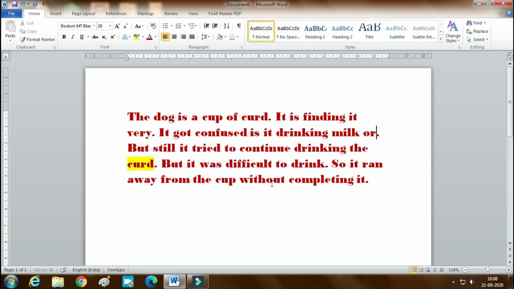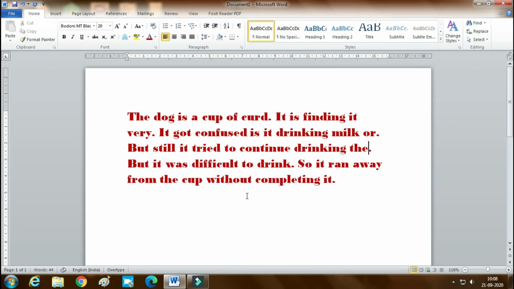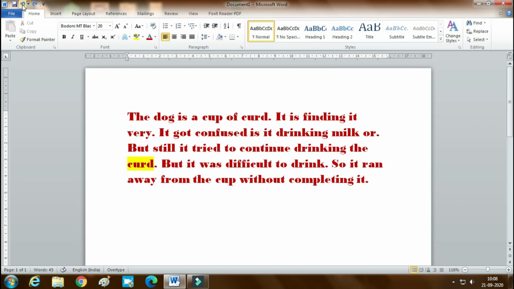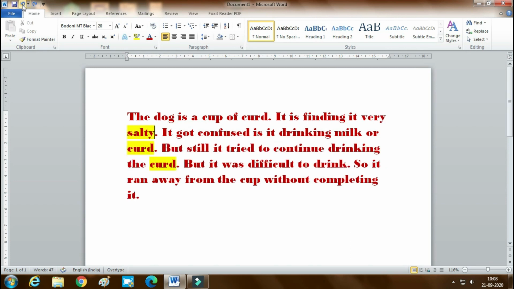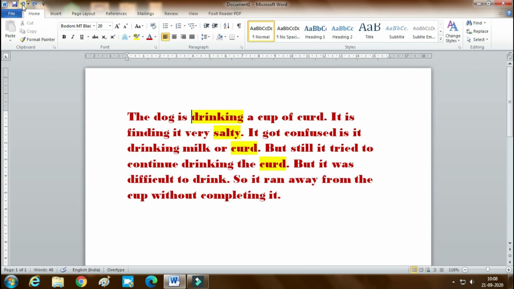The word is deleted. Now with the backspace button we can do control and backspace. So we can see, from the cursor to the left and from the cursor to the right, how delete and backspace are used. The undo button will bring back the deleted words, and the redo button redoes what we have undone.